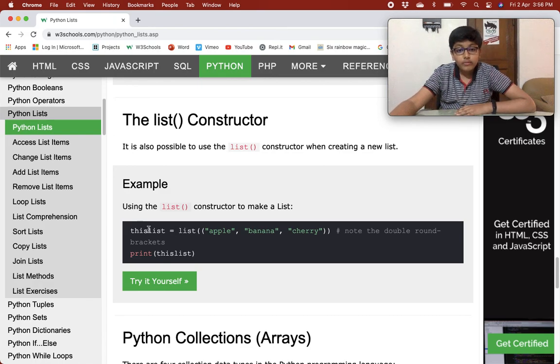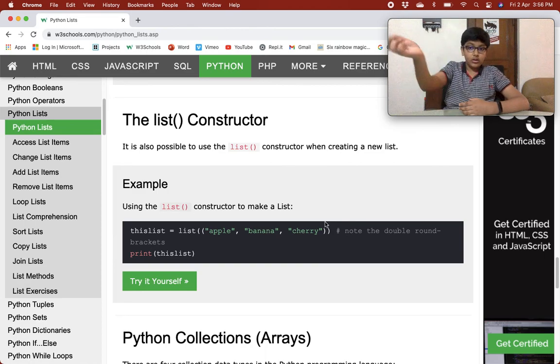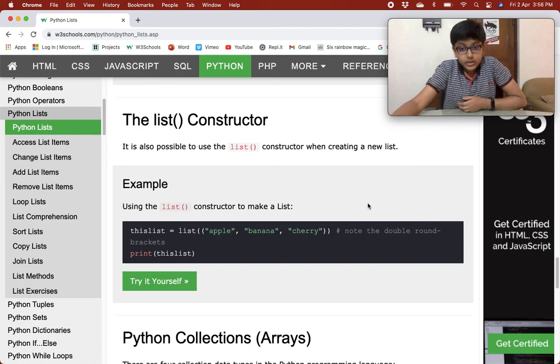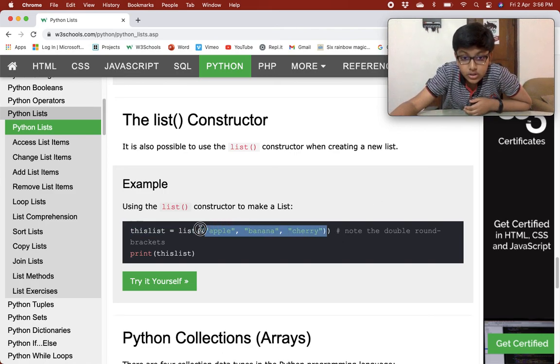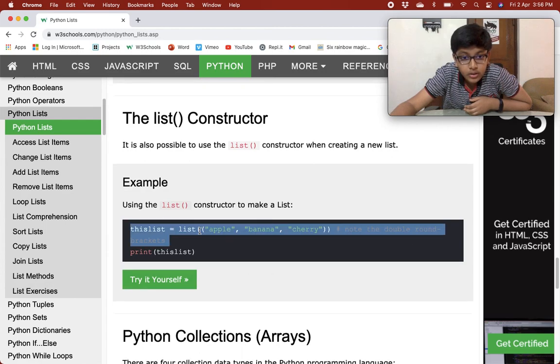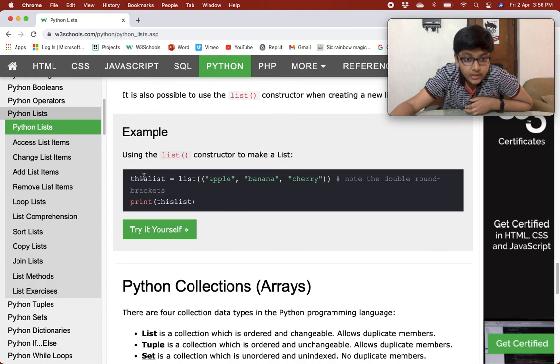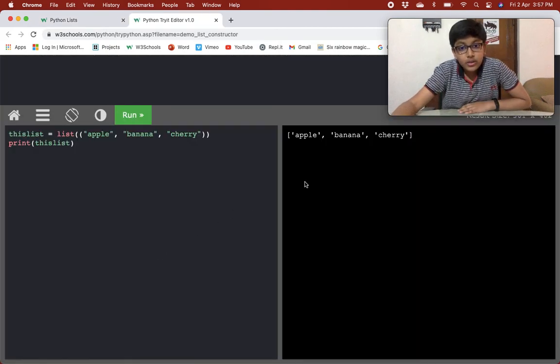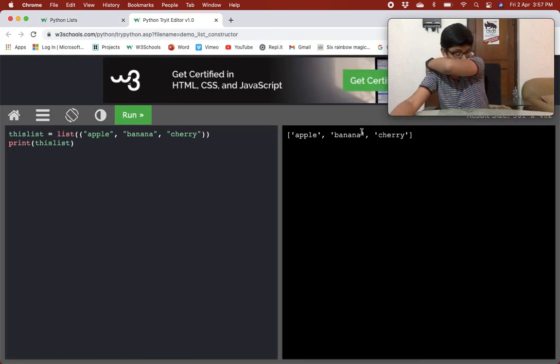You give the list name equal to the list constructor, and in parentheses you give the list that you want to create: apple, banana, cherry. So list is a method, and you're passing it this. Note the double round brackets. One is for the list method and the other is for the list itself. And then we print this list, so a normal list would be printed.